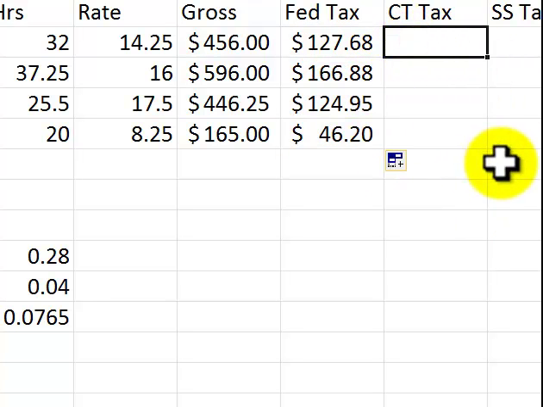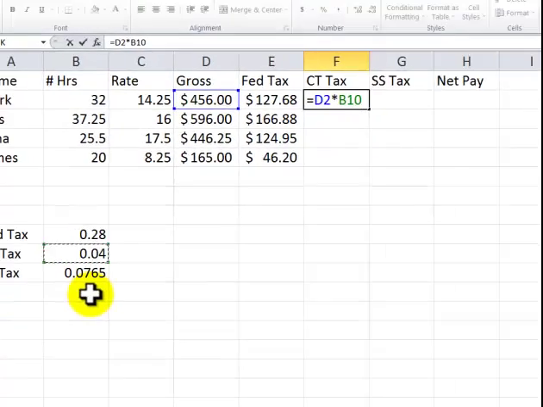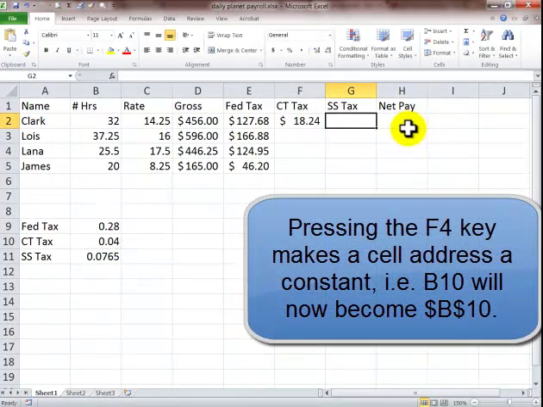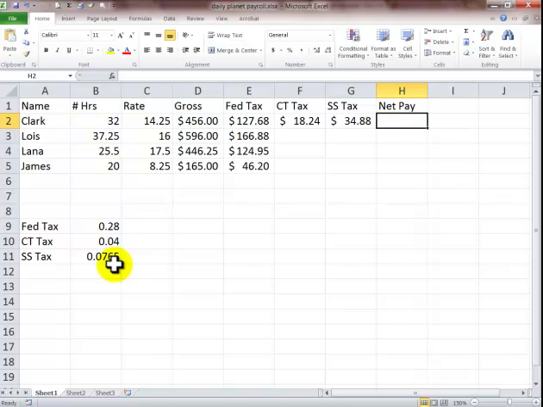We want to do the Connecticut tax equal, it's the gross, times the Connecticut tax, make it a constant. I'm going to be doing these three here, then I'm going to pull it down. I hit the tab key. The Social Security tax, it's going to be the equal sign, based again on the gross, asterisk, and then we click inside here, constant. To do the net pay, we have to subtract columns E, F, and G from column